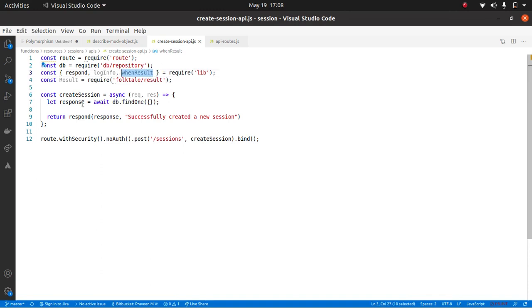Do you guys remember, or you don't? Yes. Remember? No, not used, never used. Okay. So Kaustav and Hema, can you just explain to Aditya and Roshan what is when result?